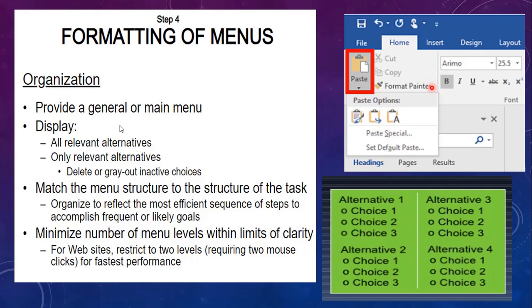Large, linearly ordered, well-learned listings such as months of the year or numbers have to be presented in one level itself, without breaking them into multiple menu levels.